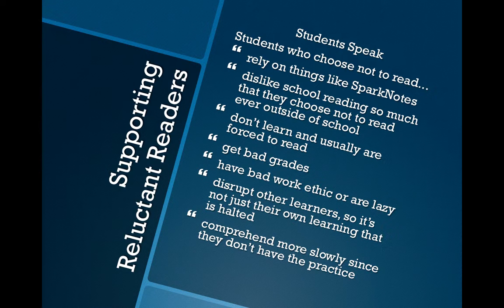They dislike school reading so much that they choose not to do any other reading that's not required of them. They don't learn, and they usually are just forced to read by their teachers, and they often get bad grades. Now, when students observe these reluctant readers, they make the assumption that they have bad work ethic or that they are lazy. Sometimes they are frustrated because they see these students disrupting other learners,